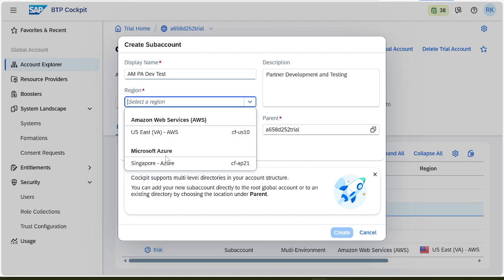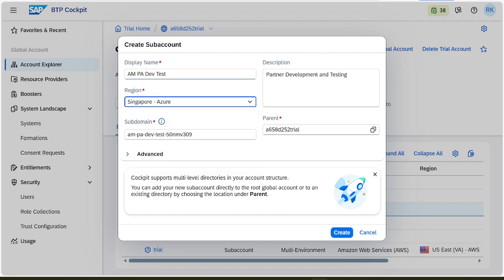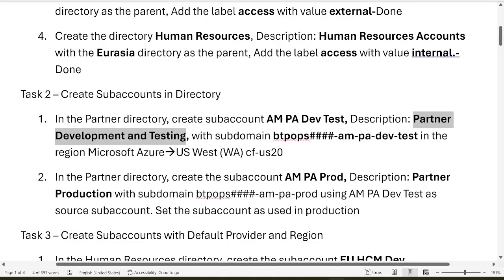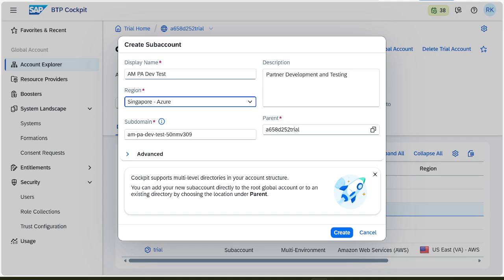So here I am going to select Microsoft Azure because only this is available. Here, you have to select whatever region is given in the question. But I am practicing in a trial account. That's why Microsoft Azure is available, but US 20 is not available. That's why I have taken Singapore Azure. Okay. Take care during the test.